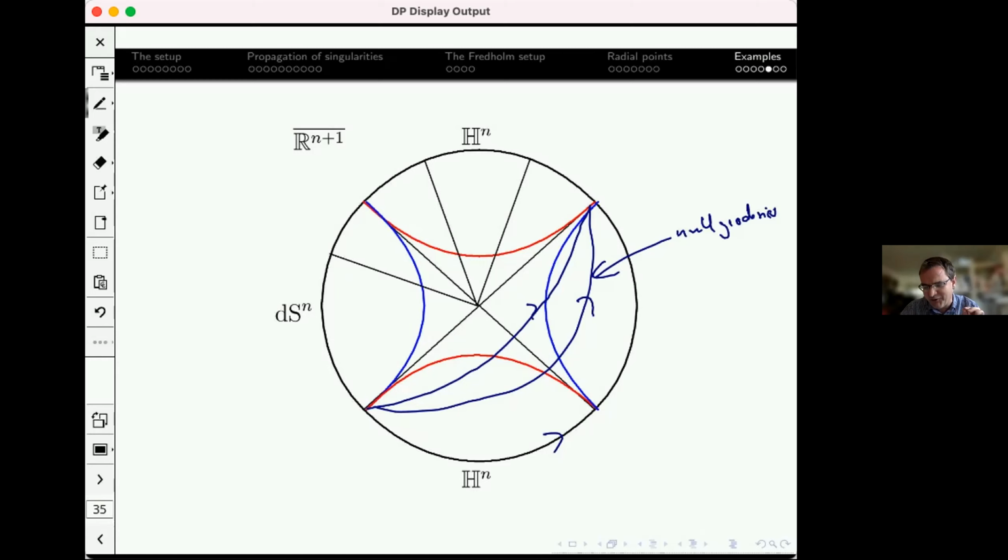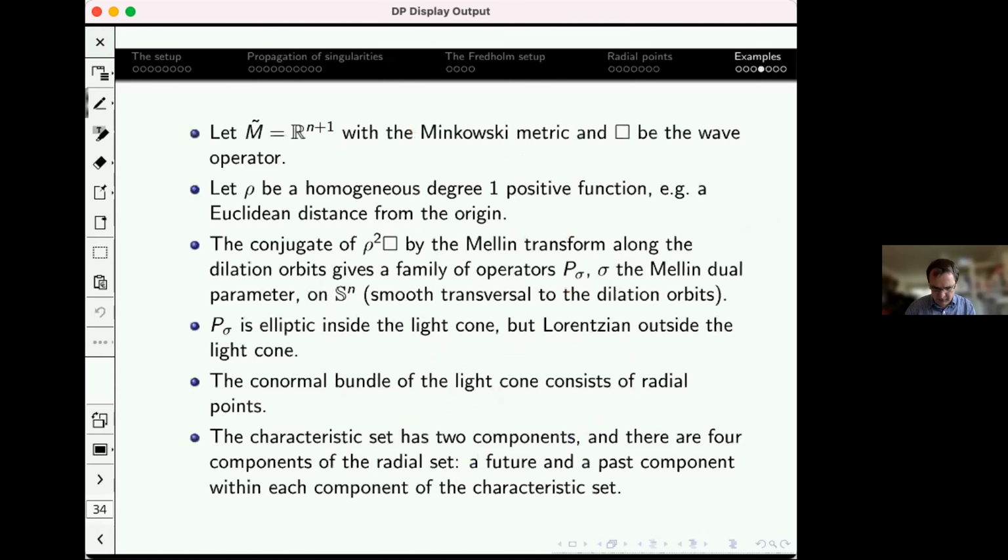Okay, because I wasn't so specific about exactly what structure you want, this is slightly harder to answer. But the way I was phrasing it in this radial point part is that ideally what I would like is a source-sink structure of the Hamilton flow, and certainly this could be much more complicated. For example, one relatively easy example where this comes up is black hole spacetimes. You have things like the photon sphere, which acts as some sort of a trapped set. So it has good properties, so you can do things about it, but it's not completely